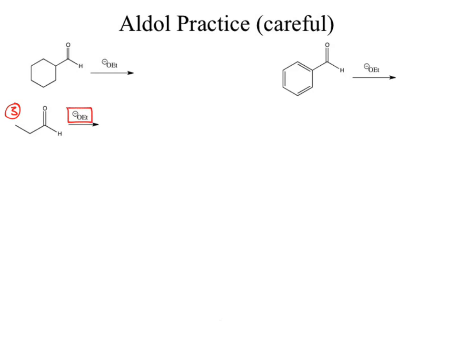Negatively charged species can act as bases, and they can act as nucleophiles. If it acts as a nucleophile, where do we go? We would go to our hemiacetal. What do we know about our hemiacetals? They're unstable, so they revert very quickly back to just our standard carbonyls. So the ethoxide acting as a nucleophile is not a good answer here.